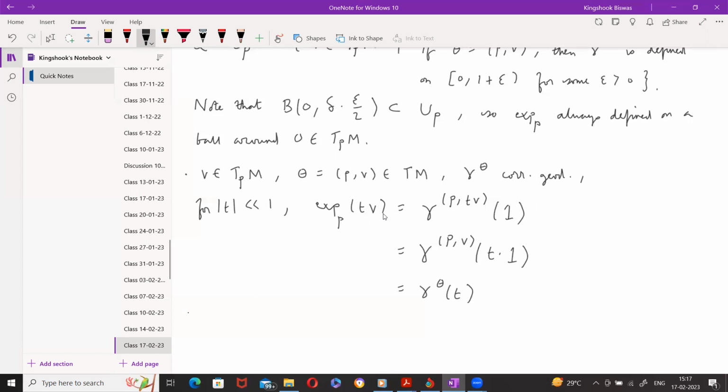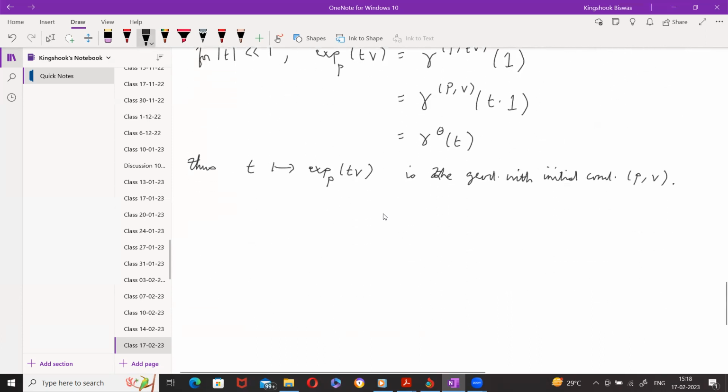So therefore, thus, t goes to xp of tv is a geodesic, right? For all t. So this is the geodesic with initial conditions p comma v, right? It's given by nothing but xp of tv. So in other words, what that means is if I look at the exponential map,